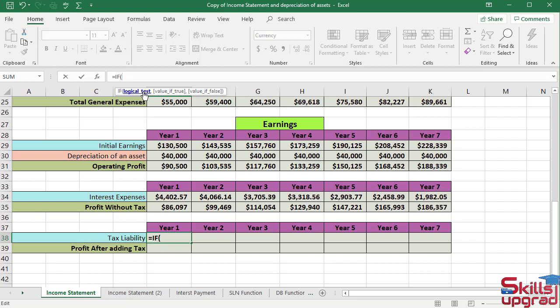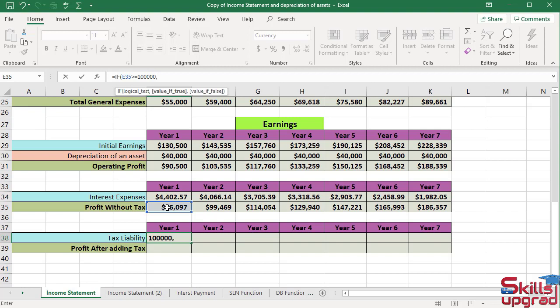Suppose the company pays tax to the government if in any year it earns profit greater than or equal to $100,000. Click cell reference E35, enter greater than sign, enter equal sign, type 100,000,